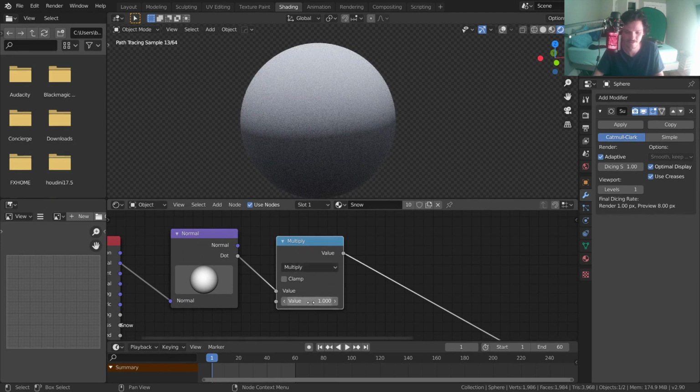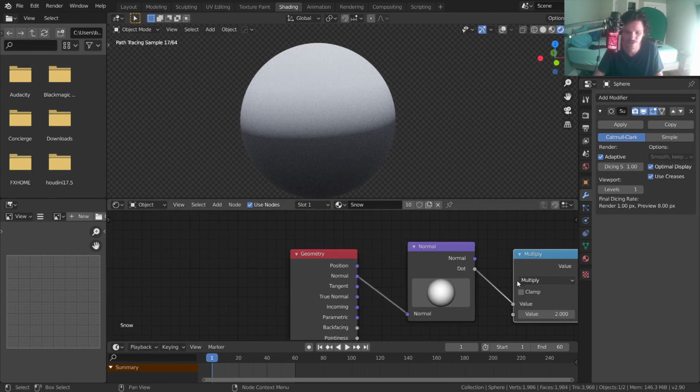We can multiply it. If we multiply it by 1, nothing happens. 2 makes it more intense, and you can go even more intense with like 100, which will give it a very crisp edge, but I like 2. So now the next